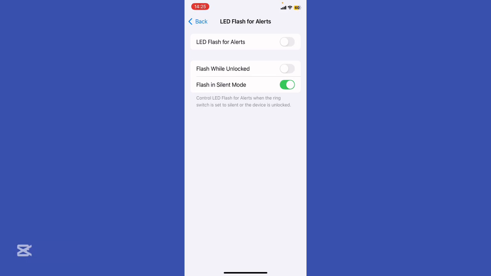And you can also turn on the flash while unlocked, which is optional. Boom. Your phone now sparkles every time someone texts you. Dramatic but useful. Feel free to pretend it's a